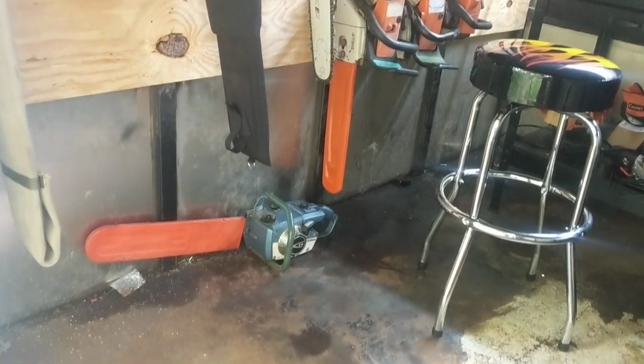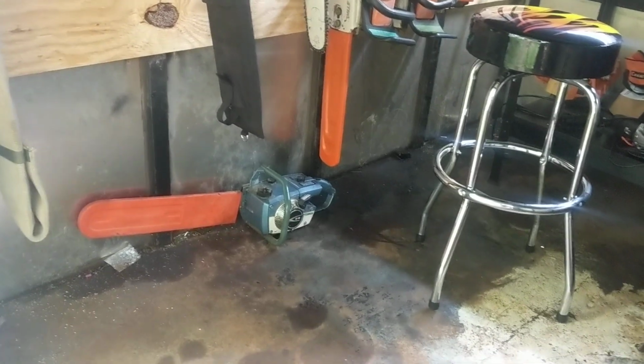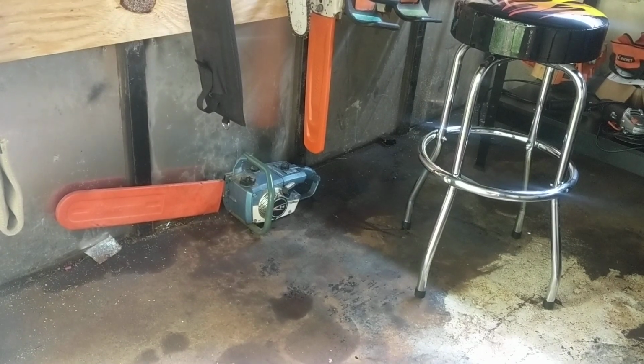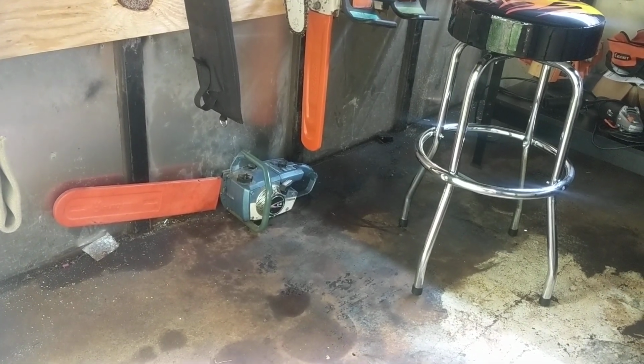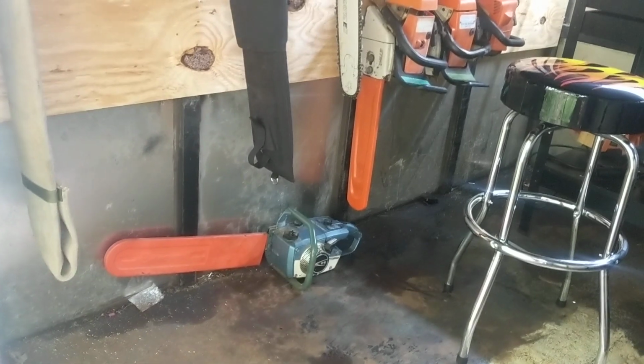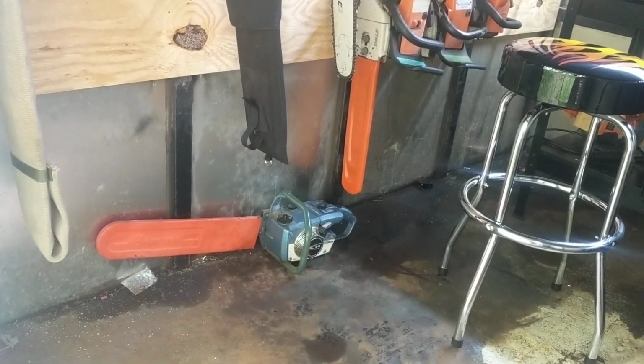Got a little blue Homelite, just picked up on a whim. These are seriously some of my favorite looking saws. This one's just a little easy, but there's something about blue Homelites, kind of like red Huskies or even red Echoes. I like the Shindaiwas. I just like them because they're a little bit different, and I think the blue Homelites are seriously